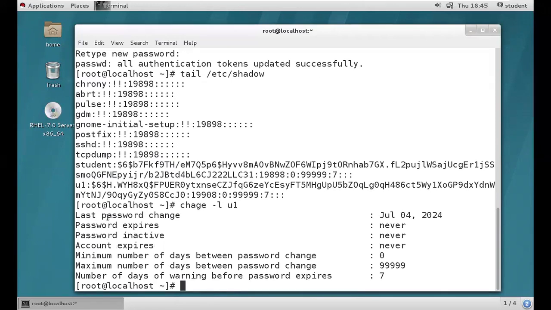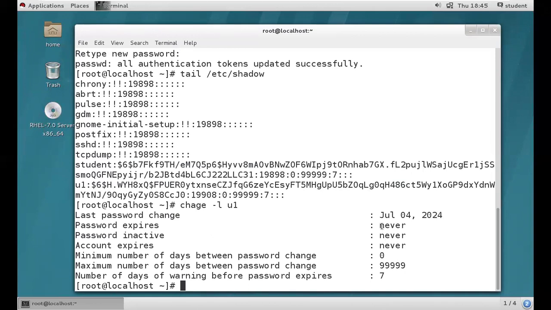So last date is today's date only, just now we did, right? July 04, 2024. Next, password expiry: never. By default, we don't have password expiry date, password inactive date, account expiry date. Those three by default we don't have.